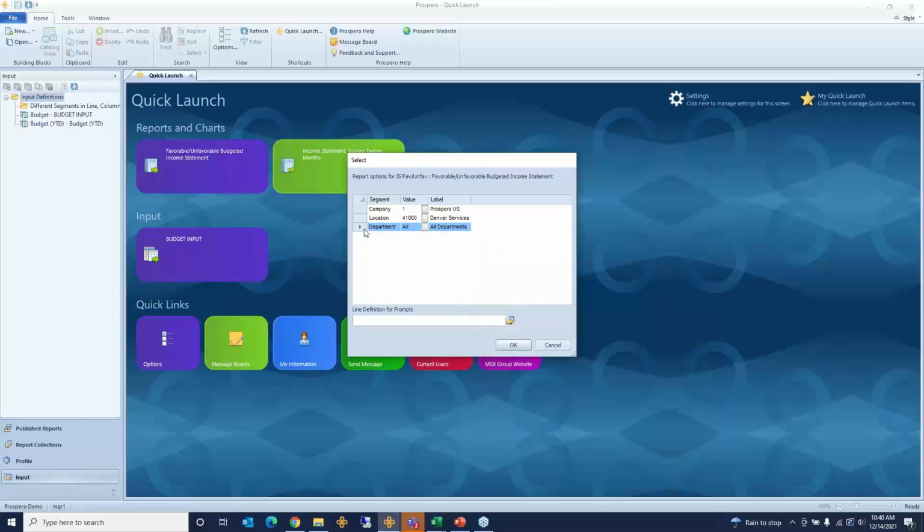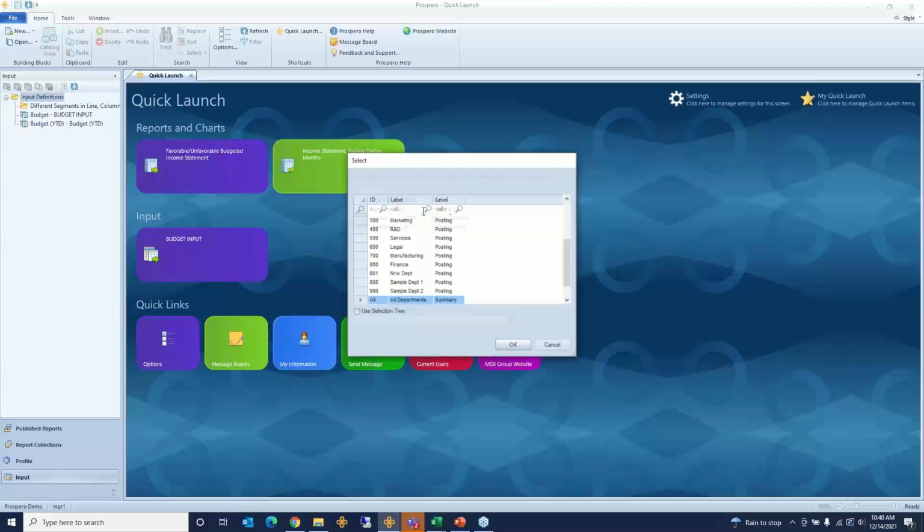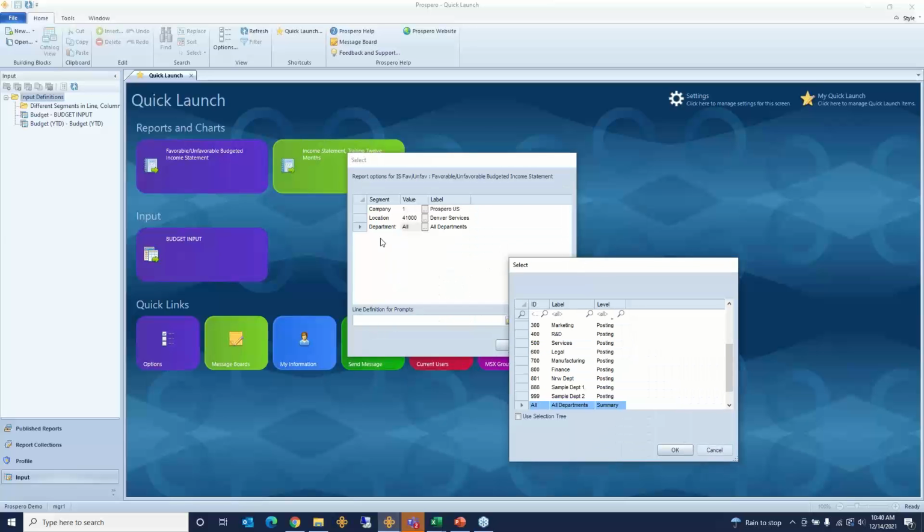Now, speaking of that last phrase, looking at the department segment, that's our third additional segment. And really, company, let me clarify, company is not a segment in our general ledger, but we create that as sort of what we call a virtual segment to easily toggle and roll up maybe the multi-company any of you might have. Continuing with that phrase regarding the all summary node of a tree, I'm now showing you